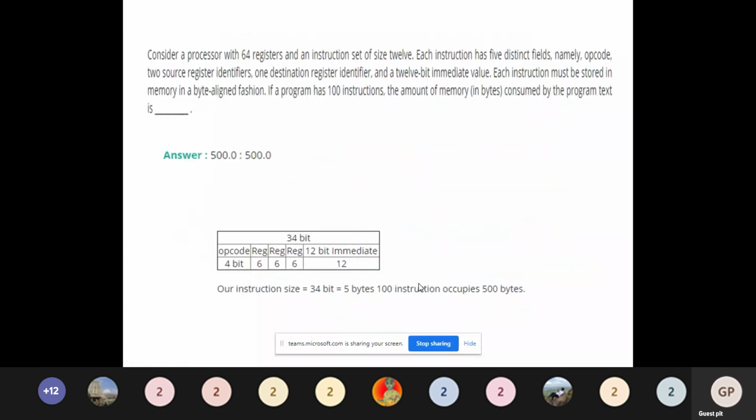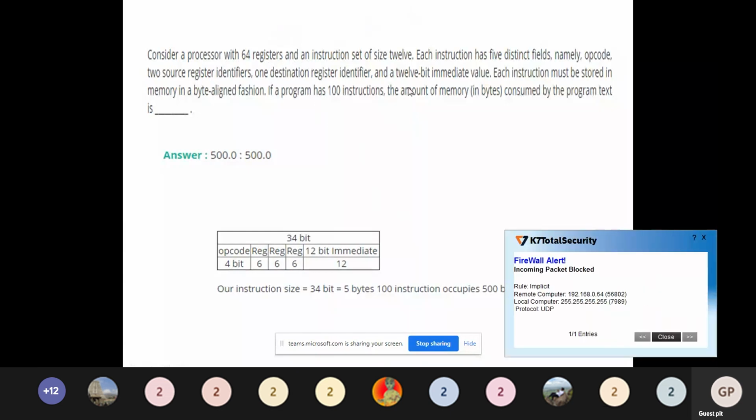Here we have a few questions which were asked in previous question papers, and we'll be solving those questions. Consider a processor with 64 registers and an instruction set of size 12. Be clear with it.